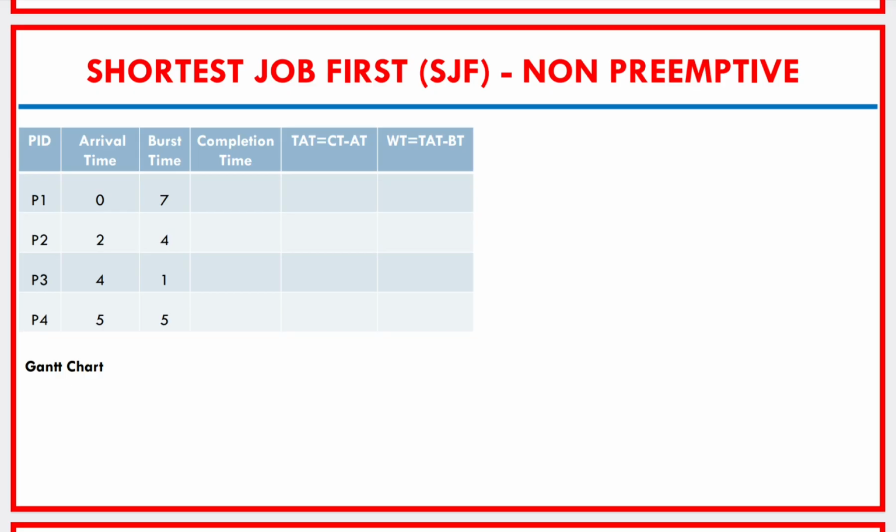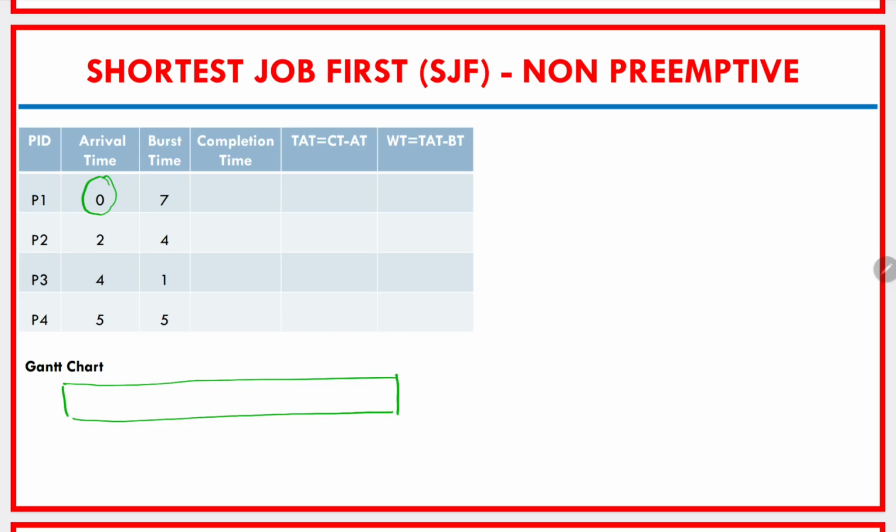As I've already told you, before we calculate the average waiting time, first of all we need to prepare the Gantt chart. So let's do that part first. Let's prepare the Gantt chart for this system. As we are taking arrival times into consideration, initially at time t0 there was only one process available in the system. So we will begin with that process only, because at time t0 only one process was in the ready queue, that was P1. So P1 is given access to the CPU,